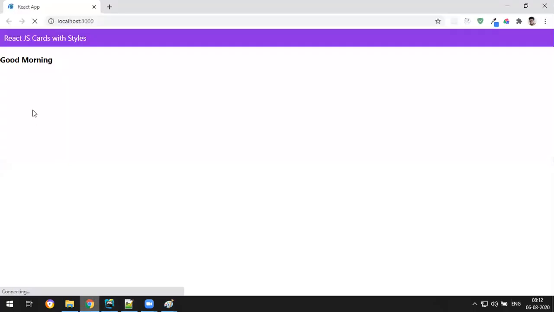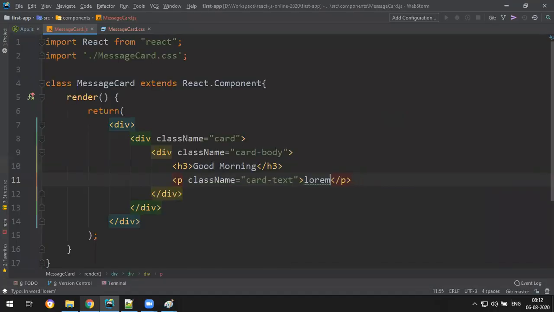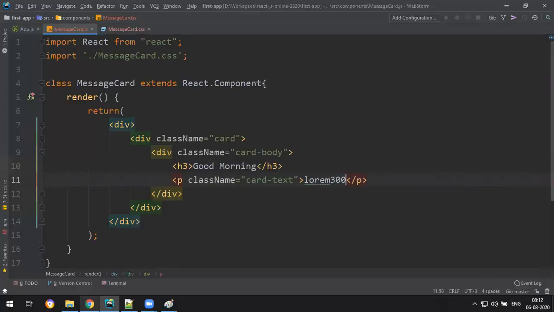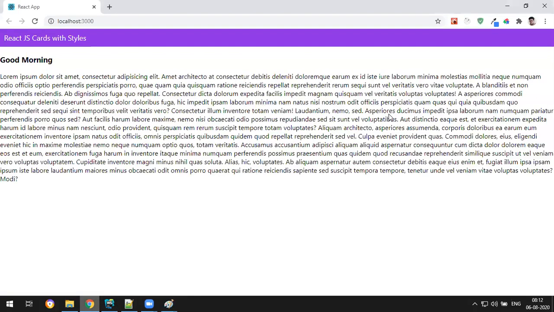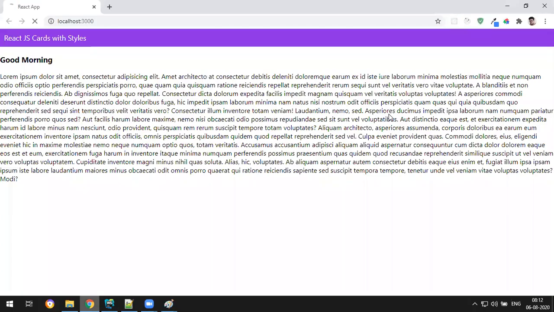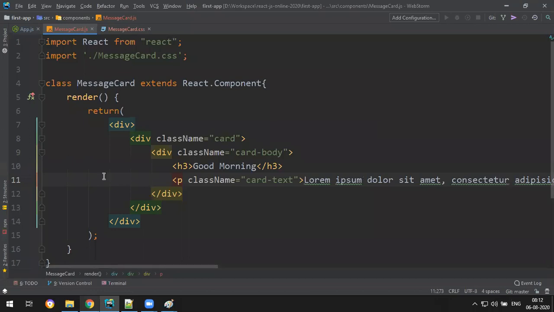Now check, you get 20 words like that. Or if you say 30, just don't give space here, just say 30 tab, you get some 30 words. Suppose you say lorem 300 tab, you get some 300 words. So this is very easy for us to write some text. We don't want to waste time on creating text. So just 30 tab, 30 words. Fine. So this is our structure.